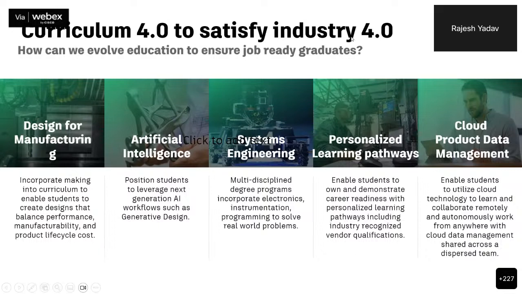If you see Industry 4.0, there are 5 major pillars. The first one is design for manufacturing. Some time back, design was separate, and there was always a challenge between the design department and the manufacturing department. The design department designed something, and the manufacturing department, after reviewing the design, said it was constrained, that we have to modify the design so it can be easily manufactured as per the facilities available within our campus. So this is a very important topic.